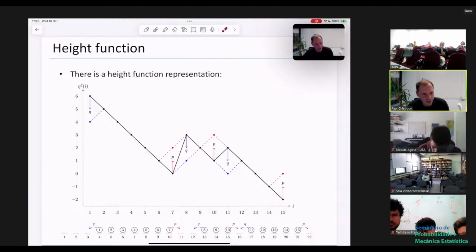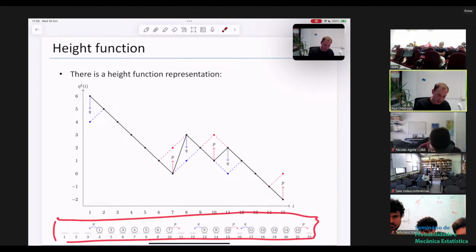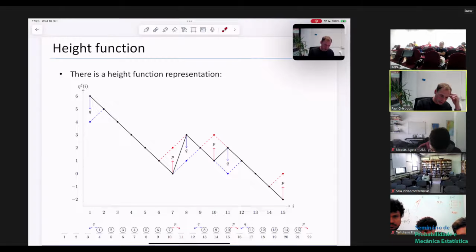I'll try and convince you of all these things through examples, but essentially you have to take my word for it or just stare at the model for long enough that this becomes clear. So the point of doing this then is that we can couple our original facilitated exclusion process, started from any initial condition, with just